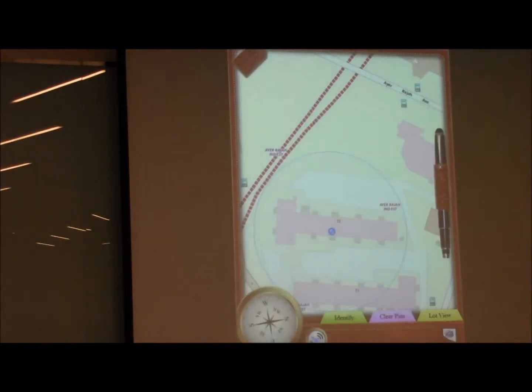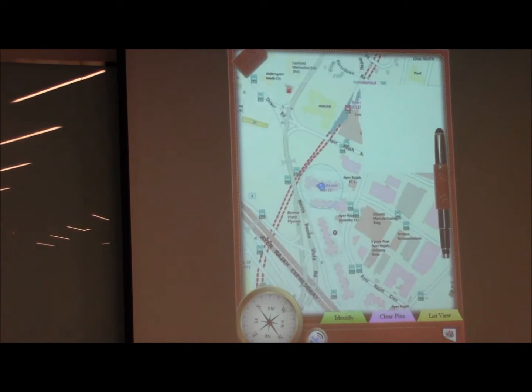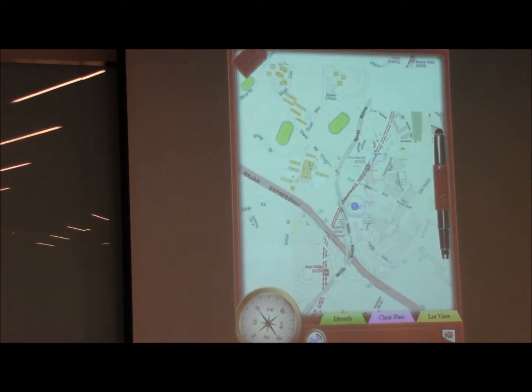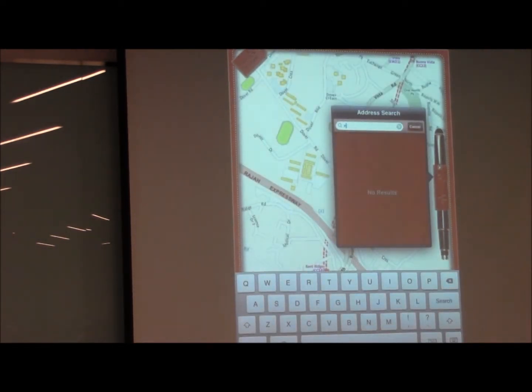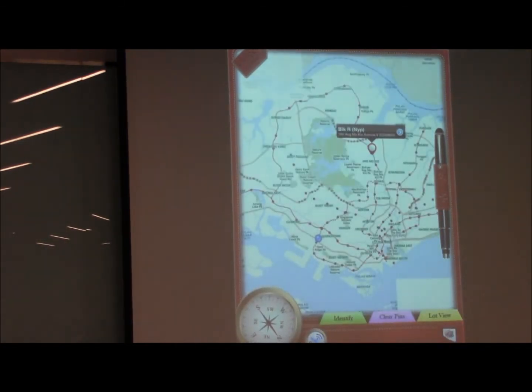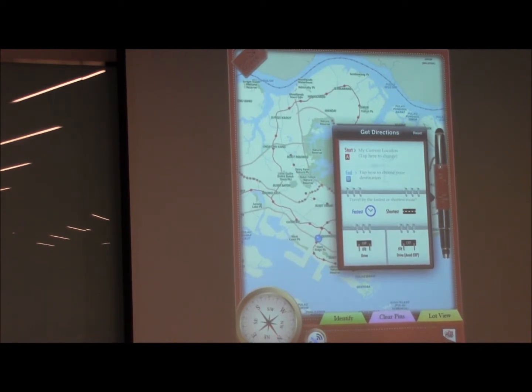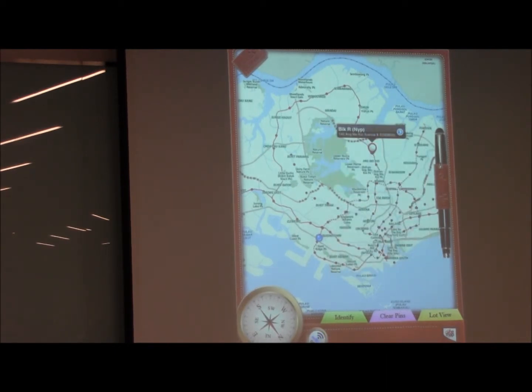So this is essentially One Map. What it does is show the position where you are. We are putting in address search, where you can search for a particular place, for example NYP, and it actually brings you there. Recently we just added this feature on navigation, basically putting you through the roads. And this is the first version that we had developed.